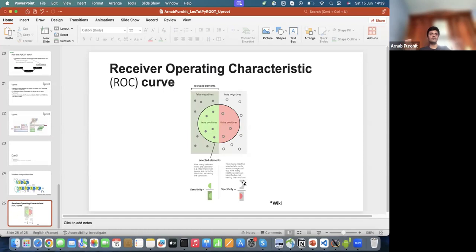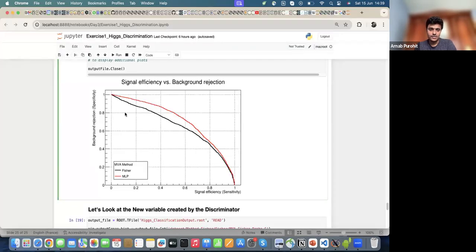That will be the ideal situation, where all the backgrounds are identified as background, all the signals are identified as signal. Now, what is this receiver operating characteristic curve? You basically plot this specificity and sensitivity as a function of